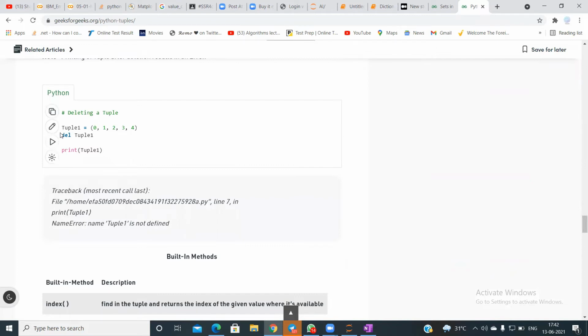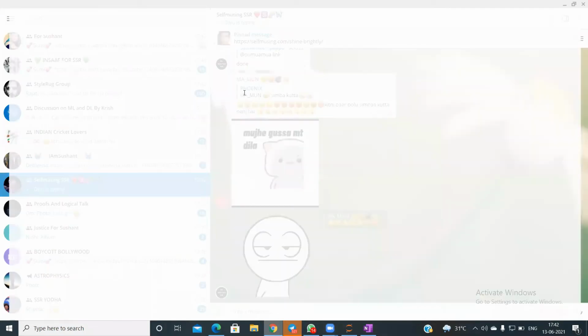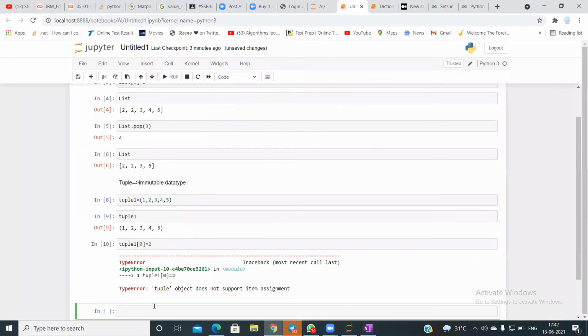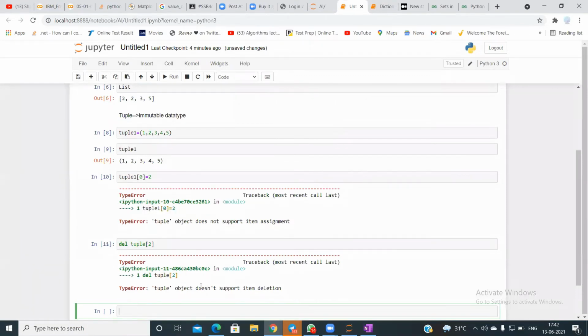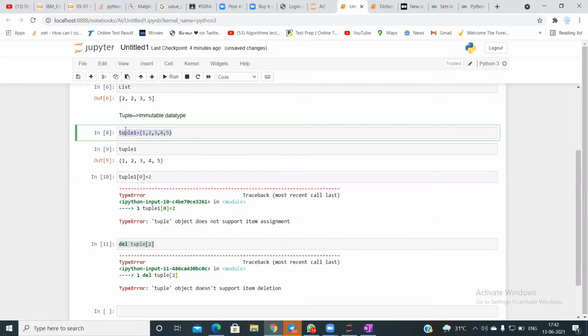Now let me try deleting from a tuple. If I go and say delete tuple of 2, it will not allow me to delete as well. So this is what a tuple is.